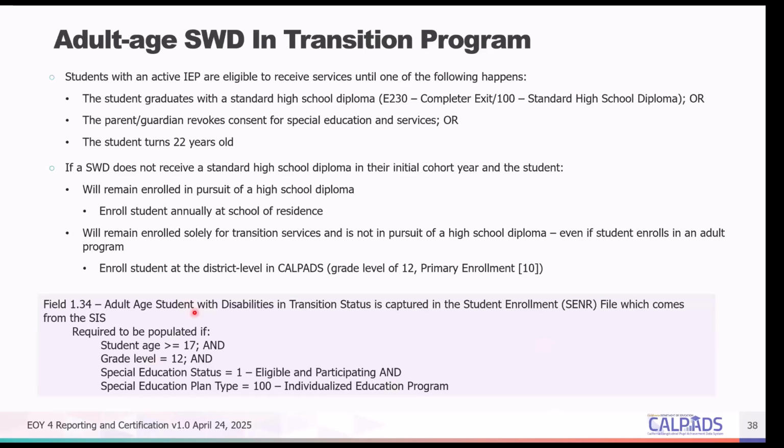So here are the requirements or expectations for when CalPADS would require you to mark the indicator. If a student is 17 and above and in grade 12, and it could be the second grade 12, and the special education status is eligible and participating, and the plan type is 100, then this error would kick in. Normally, this error kicks in at the end of the year because sometimes the student is 16 and later on